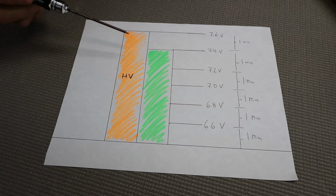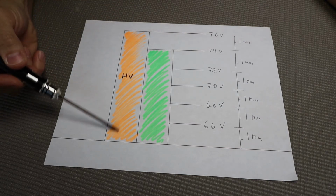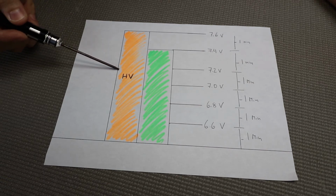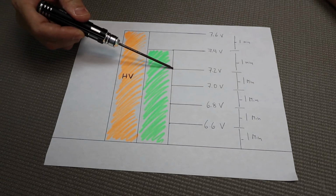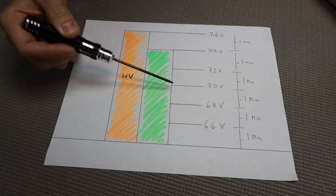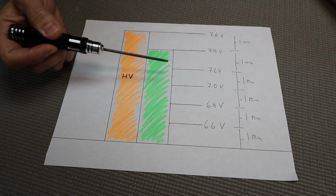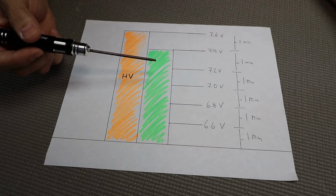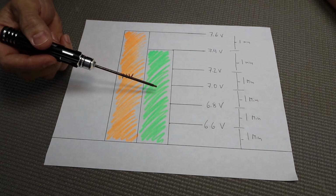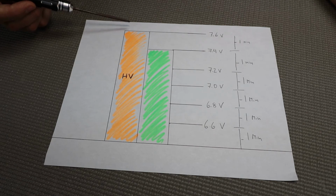So what this is saying is, again, first minute of runtime, we have more power. On a high voltage pack, once we're running for 2 minutes, we're going to be at 7.2 volts. On your standard LiPo pack, after 2 minutes, we're going to be at 7 volts. So at the same point of running your RC, you will still be making more power than you would be with a regular LiPo battery. But again, that's just due to the fact that we started out at a higher voltage